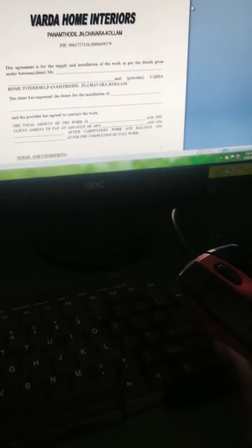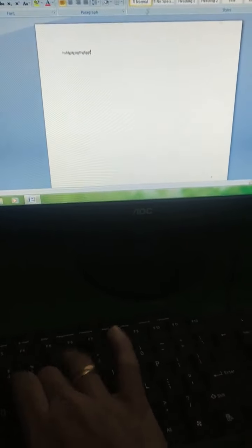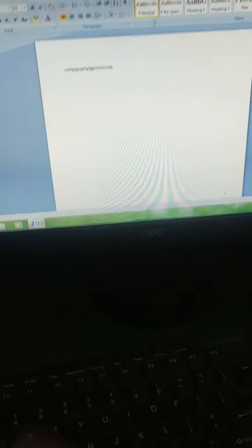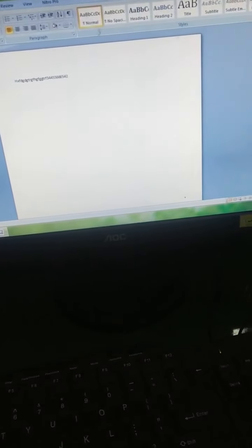Next, the mouse can come in various shapes and sizes. This mouse is in one shape, and you can see different shapes and different sizes of mouse. Is it clear? Now the keyboard. See, I'm opening this Microsoft Office Word, and look here, I'm typing the alphabet, so it comes on the screen. Understood? And if you type numbers, they appear on the screen. And if you type the numbers from the number keypad, they appear the same.